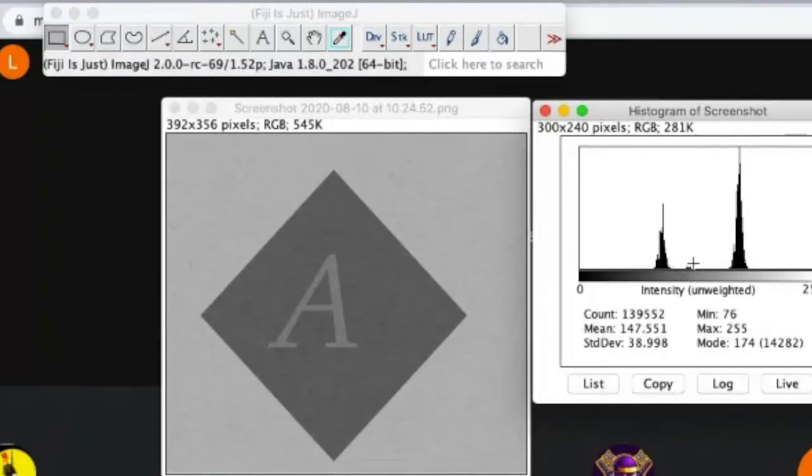The middle one, a very tiny one, corresponds to this A. And then you have a very big peak, which corresponds to a lighter shade of gray, that is this one. And this background is kind of noisy. So you can see some values here also.